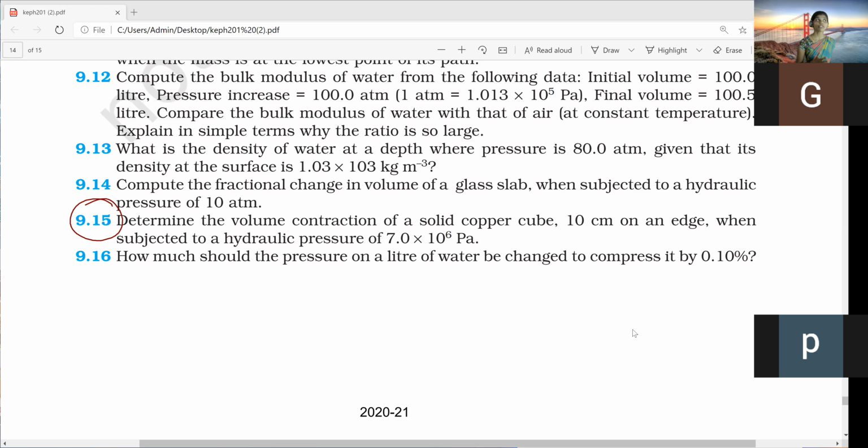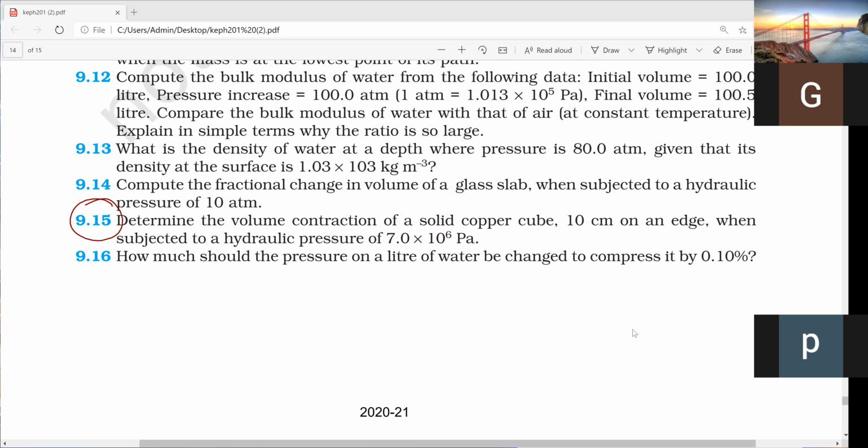So if you understand how to solve this problem, it is easy to score more, because if you solve that one, definitely you will get 5 marks, and if you lose that one, definitely you will lose 5 marks. Scoring is also easy if you have practice. Losing is also easy if you do not practice. So how to solve this one?